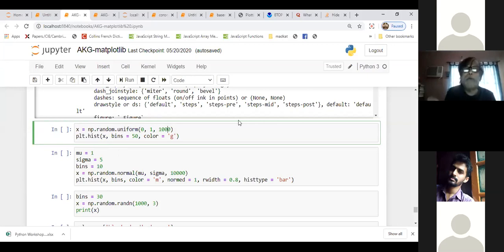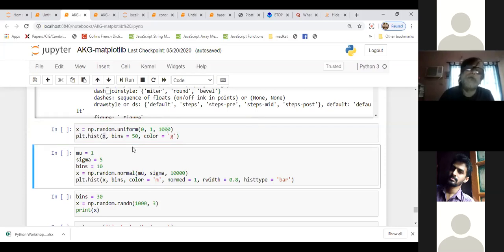In statistics, whoever uses basic statistics, we create the frequencies, right? The frequencies are the height of the bars. And in the continuous form, that becomes a nice distribution. But anyway, here you just give the x array and it will create it.